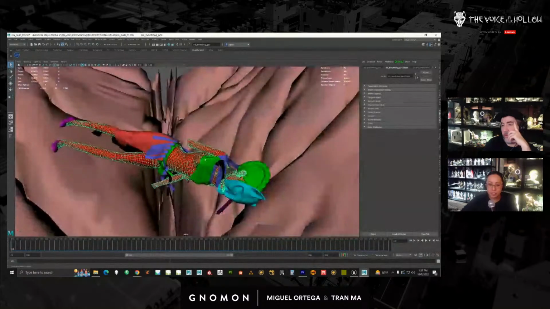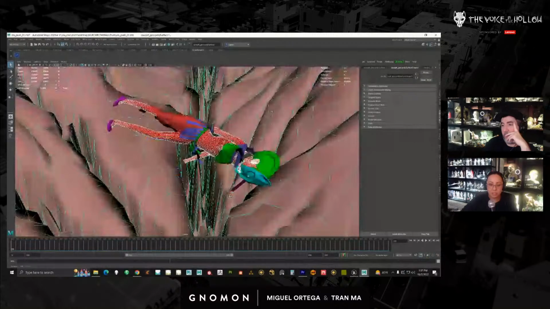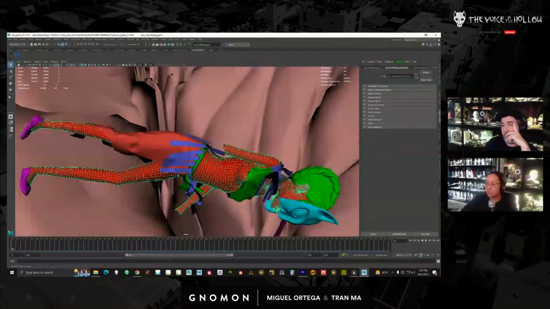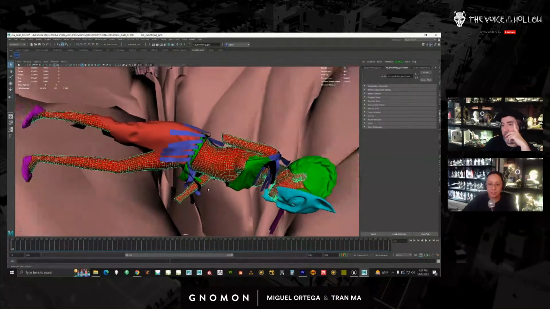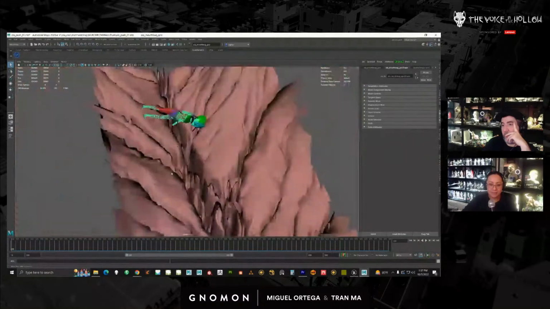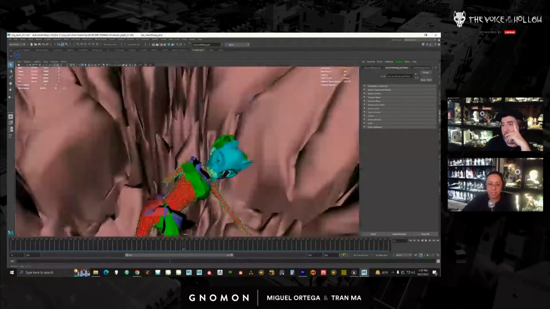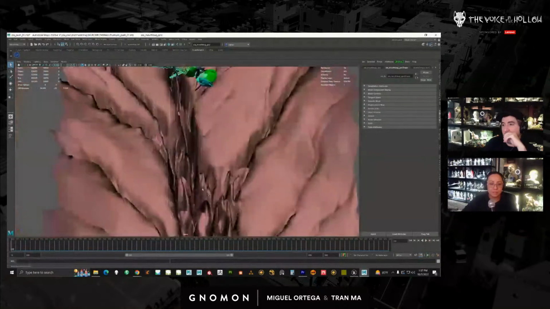Then I went through and had to check the contact points. Contact points aren't huge. But the problem I had here were her arms. When it was cloth simming, you can see she doesn't have fingers. The cloth would get caught up in the hand, and then it would tear the clothes off. So by the time she got to the bottom of the hill, she was like naked, because it just wouldn't make it through. So I had to chop off her arms. Once I chopped off her arms, let me just play it.